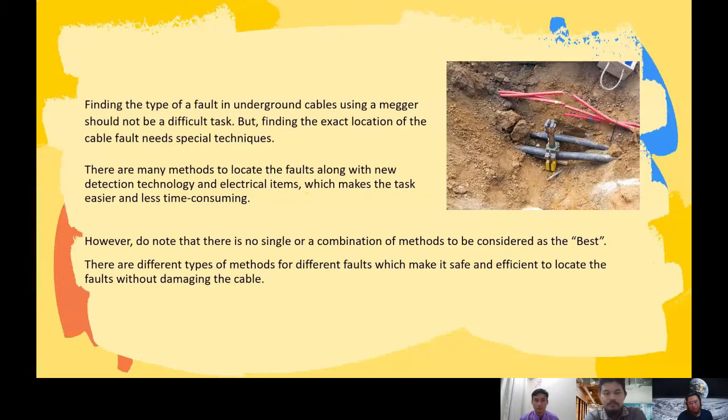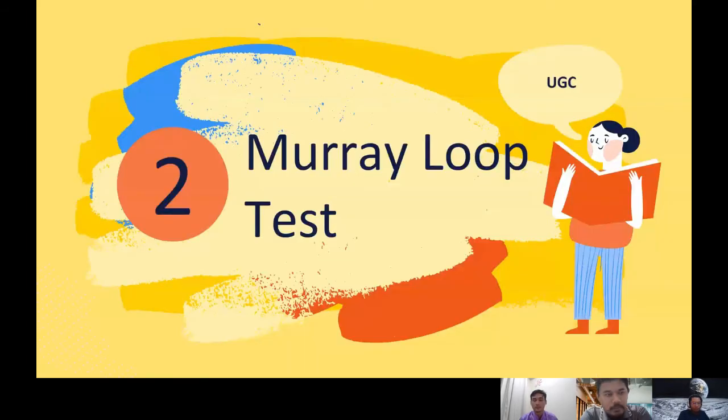Technology and tactical items make the task easier and less time consuming. However, do note that there is no single method or combination of methods that is the best. There are different types of methods for different faults, which makes it safe and efficient to locate the fault without damaging the cable. So let us look into one of the common and popular methods, which is the Murray loop